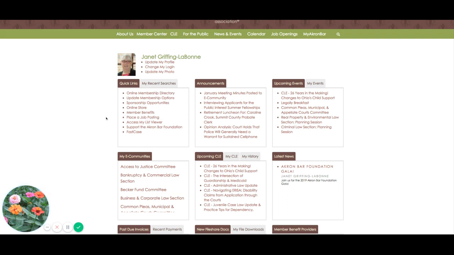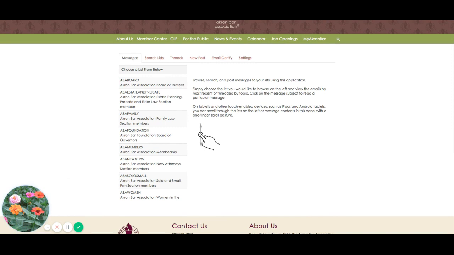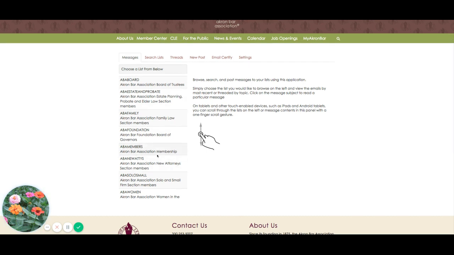But if you go here to this quick links, you will see that Access My List Viewer is right there. And you'll see this list of lists, if you will, that are available. You will see a shorter list because you will only see the lists that are available to you if you are a member of one of these boards or you are a member of one of these sections. We have not made the general ABA members full membership listserv live at this time, but the other ones are